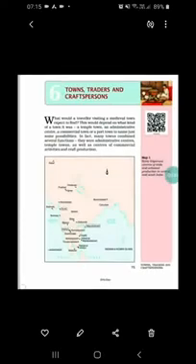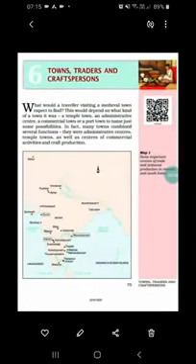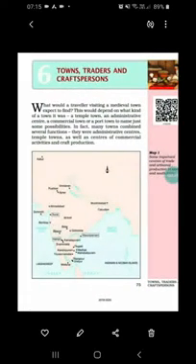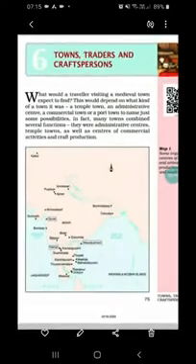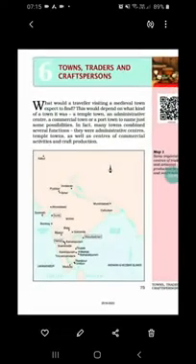So here you can see in this map some important centers of trade and artistic production centers of Central India and South India have been described. All these places were very important from the point of view of trading, and most of the businesses were being developed around these areas.